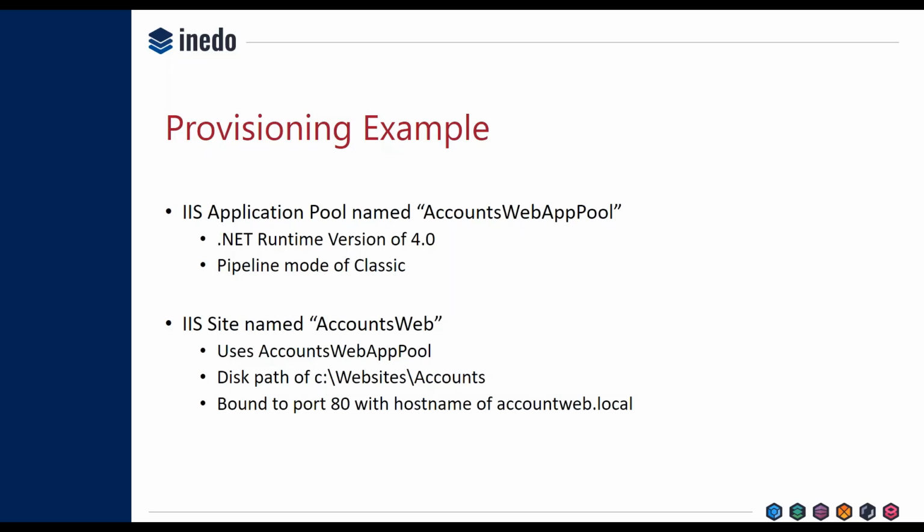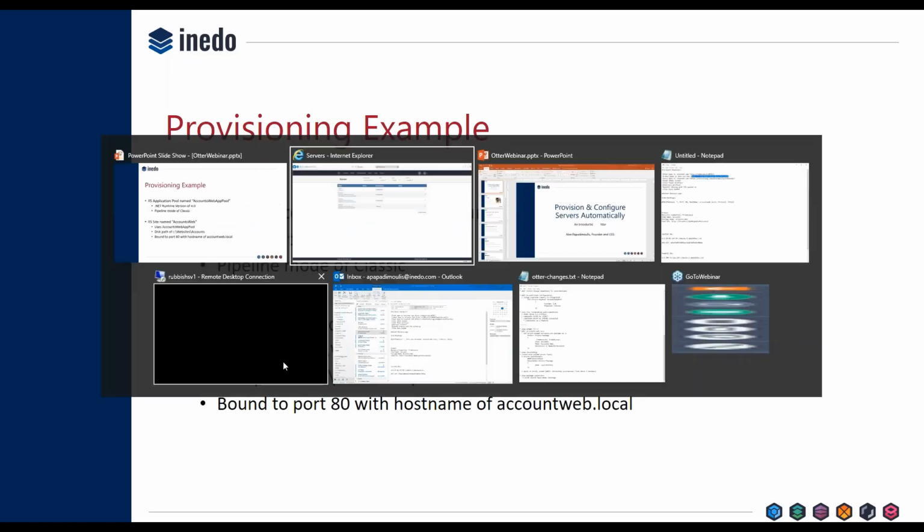It'll use that app pool, but it will also have a disk path that points to wherever we have the files on disks, and it'll find our port bindings so that we can have users actually access this site. Typically, this is something that we would configure inside of IIS, and I can show you very quickly what that